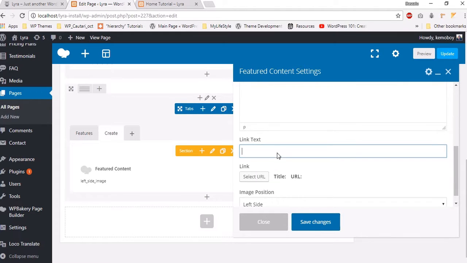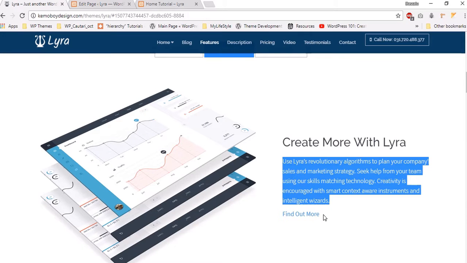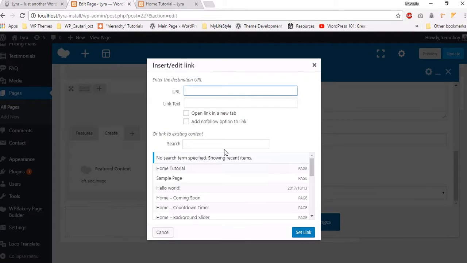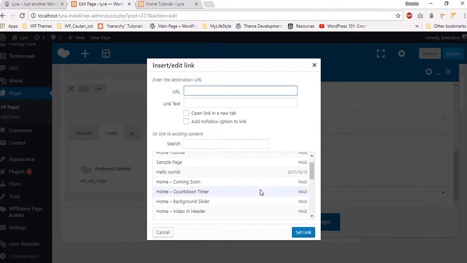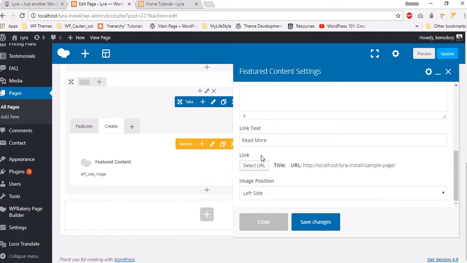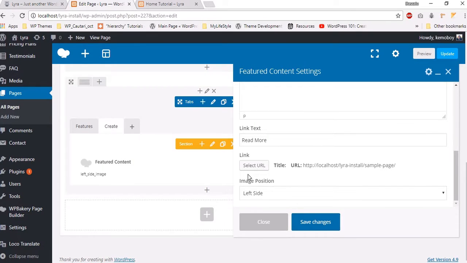You have a link text. Remember, if you won't fill this up, the link will not be shown. So let's say read more, the link text that will go to a custom link or a page that you already have. So I'll go to a page, and you have the image position. So this image can be placed in the left side or in the right side. So for this one we'll let it on the left side,